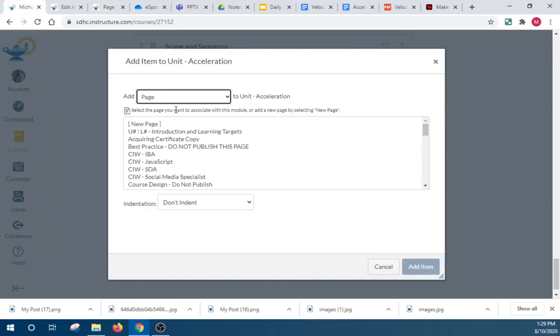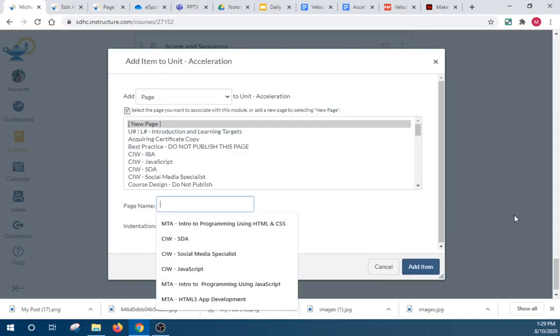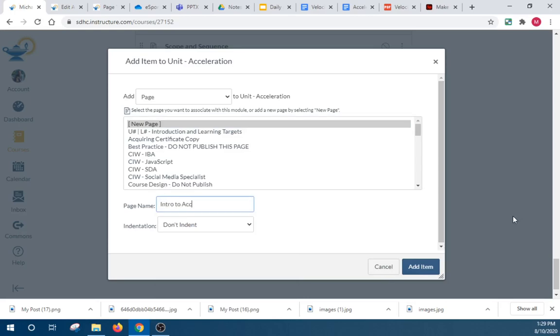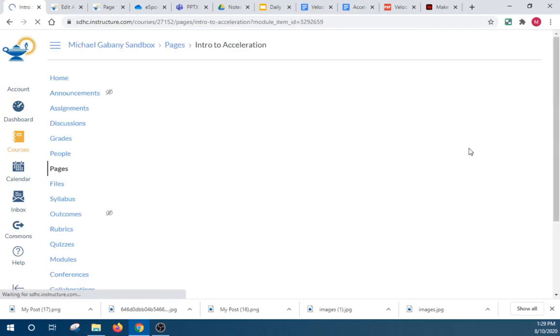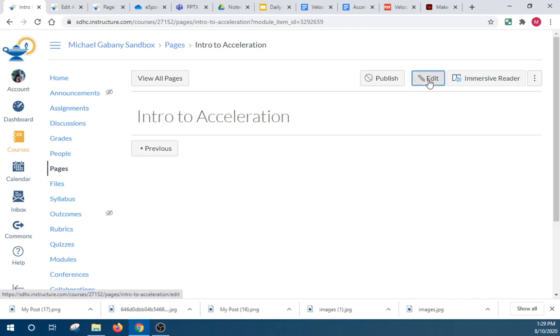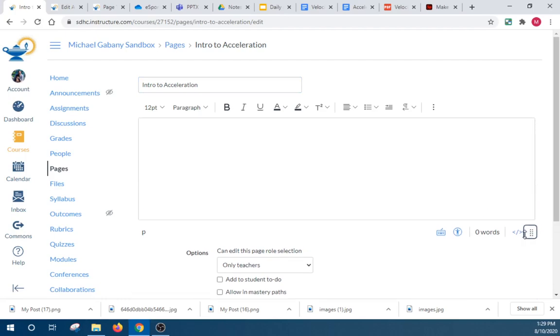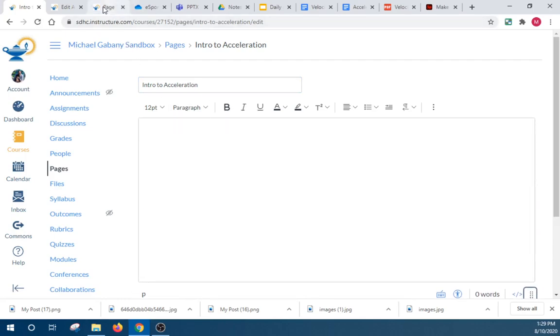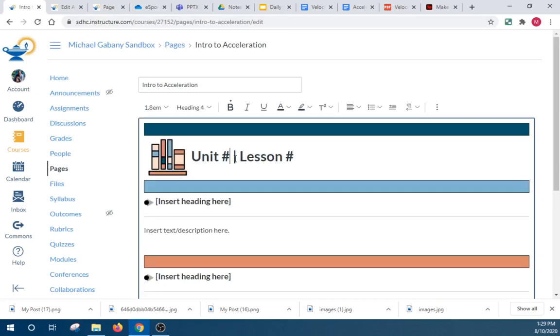Now remember, we're going back to our unit for acceleration. The first thing I want to do is get them in here. So this is the intro to acceleration. Cool. That's my page. Let's go ahead and let's edit this page. Cool. Edit. Now, expand that. Remember, everything that we just copied here, we're going to copy and paste over here. So, unit, acceleration, lesson,